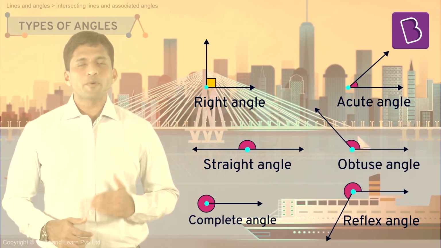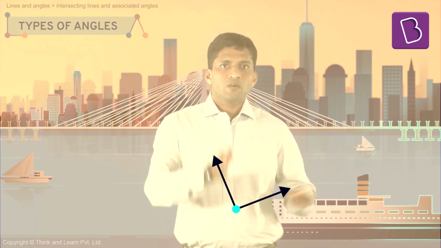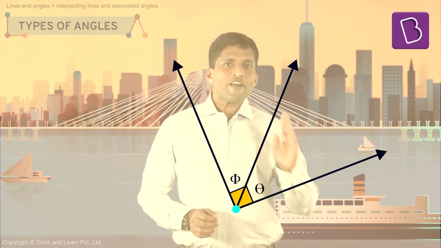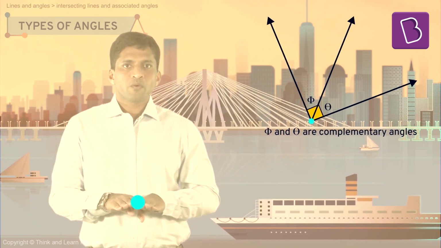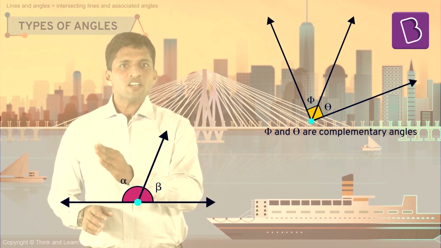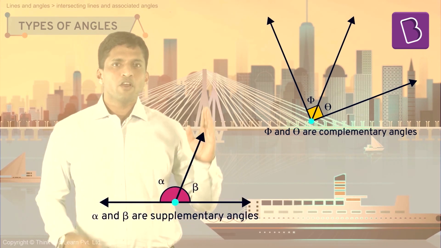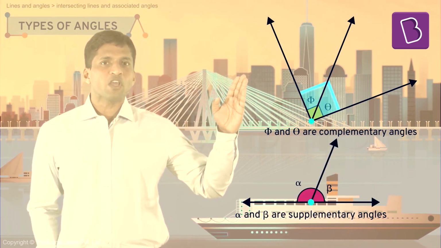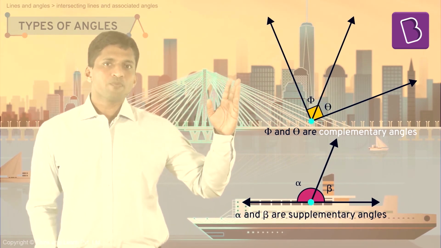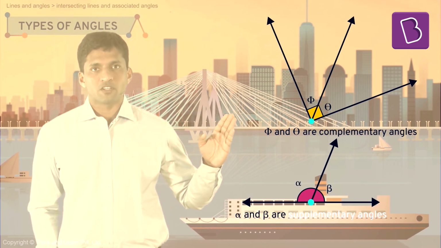So let's understand complementary angles and supplementary angles. For that, let's visualize it first. When the sum of angles is 90, as in the diagram, we call them complementary. When the sum of angles is 180, as in the diagram, we call them supplementary. So it's very simple, right? When the sum of two angles is 90, we call them complementary angles. When the sum of two angles is 180 degrees, we call them supplementary angles.